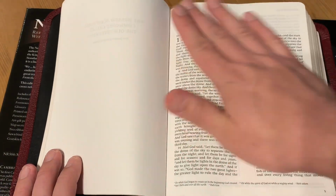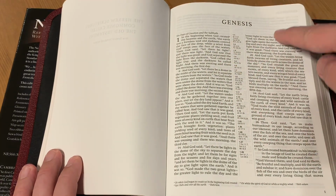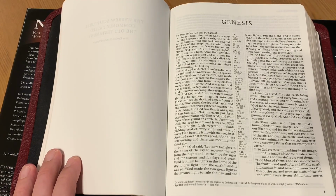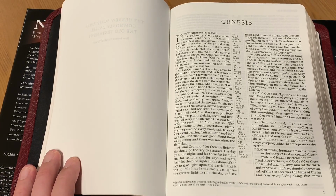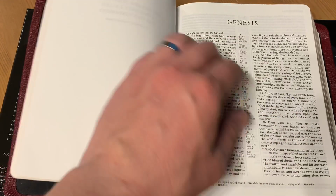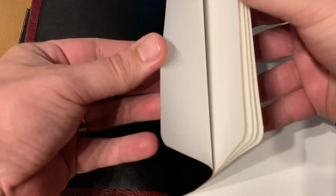All right, just checking the line matching. It's there, it's good. You can probably see pretty well that there is a bit of show through, and this paper is not supremely opaque. I don't know what the GSM on this paper is. I'm not that guy. Maybe Cambridge has it on their site, I'm not sure. But because it's line matched, it reads very nicely. And it said at the beginning that it's a...